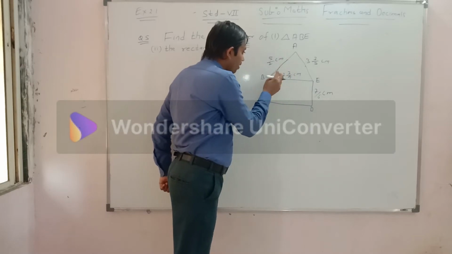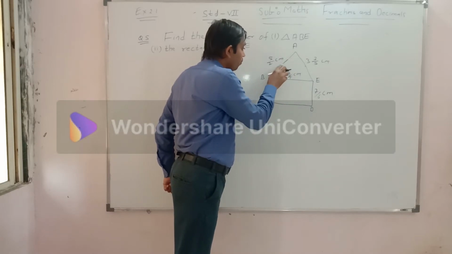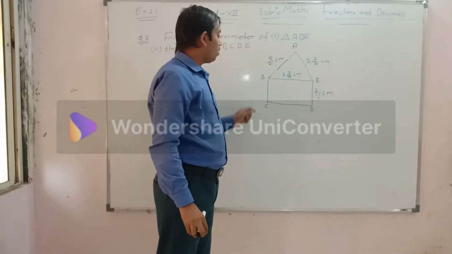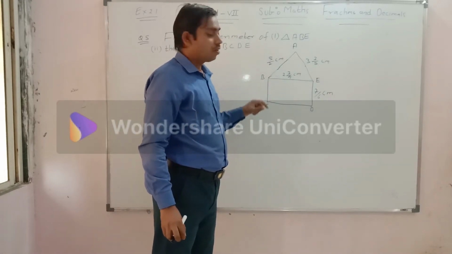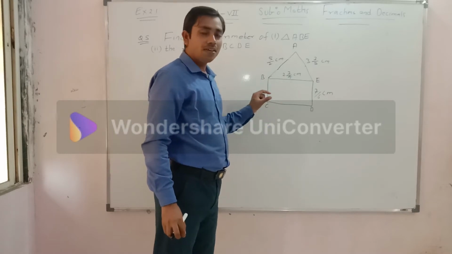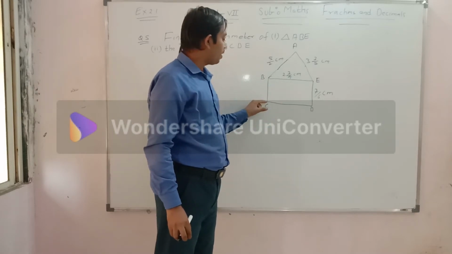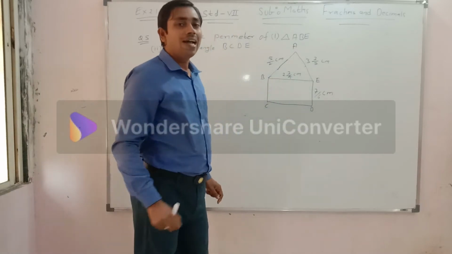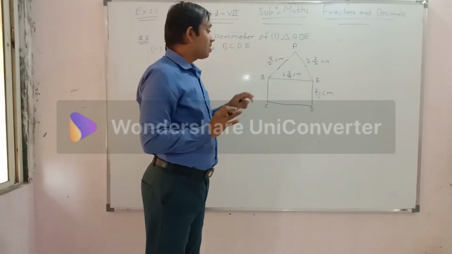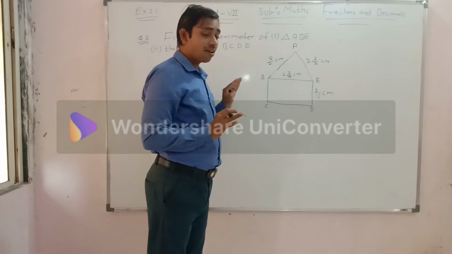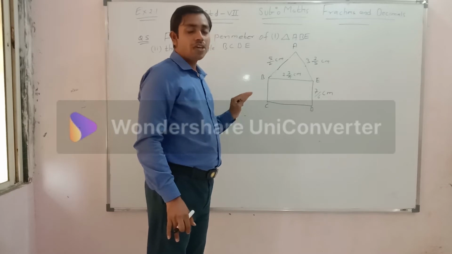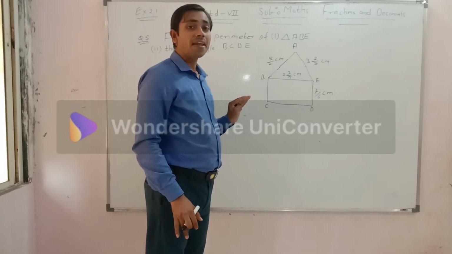When the initial and final points remain the same, that is called a closed shape. Similarly, you can see for the rectangle also, you can consider any starting point and the terminal point will also be the same. And therefore, I am saying that these are closed geometrical shapes. Now, for these geometrical shapes, we have to find the perimeter.